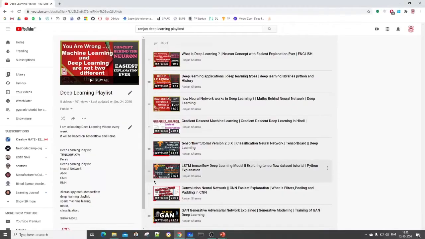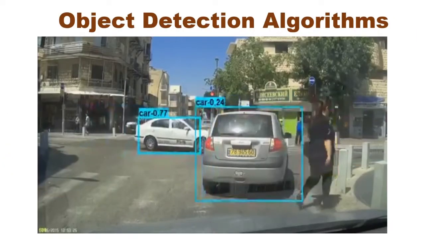And one more thing, if you don't know about deep learning, have a look at the videos I have uploaded for deep learning. In that playlist, I have covered what deep learning is, how it works, what neural networks are, and the types of neural networks. The second important thing you should know about is CNN, because object detection works on these two pillars, CNN and deep learning. So let's start this video without wasting any further time.